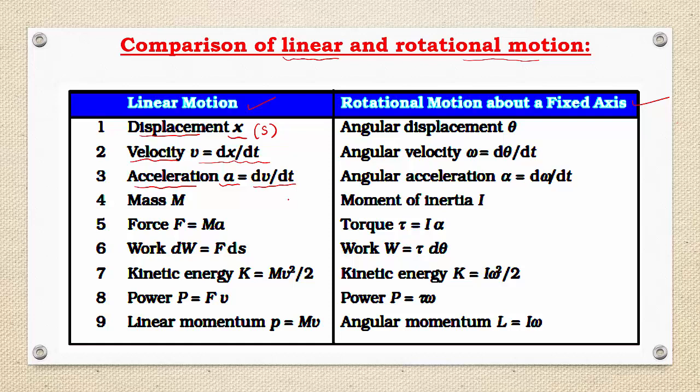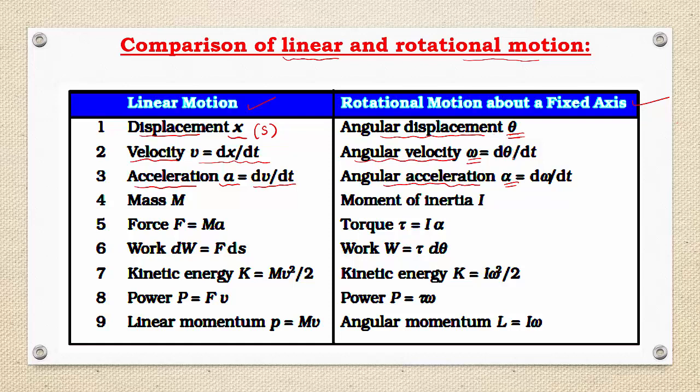Suppose the object is fixed to an axis of rotation, when we apply torque, then it will get rotational motion instead of linear. So in those cases, which terms do we have to use? Yes. The first term we can use is angular displacement, second one angular velocity, third one angular acceleration. Angular displacement, angular velocity, angular acceleration. This is related to rotational motion or circular motion, or when the object is moving in a circular path, we go for these three terms. So angular displacement is denoted by theta.